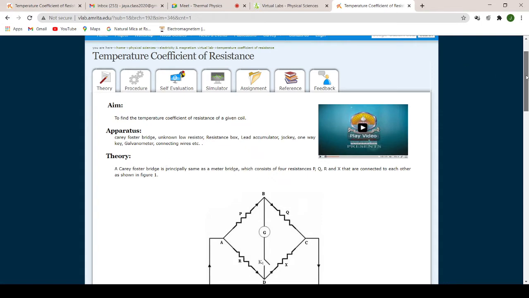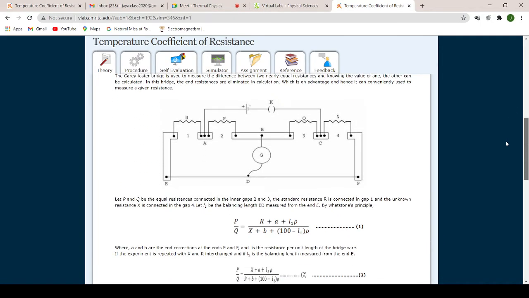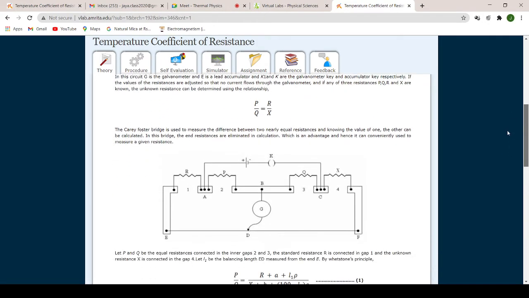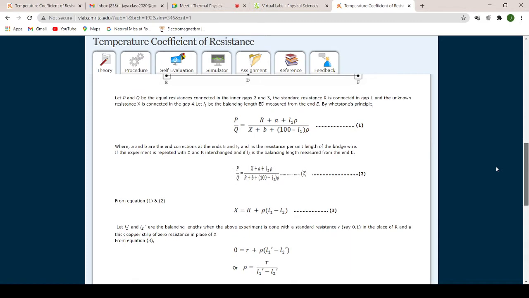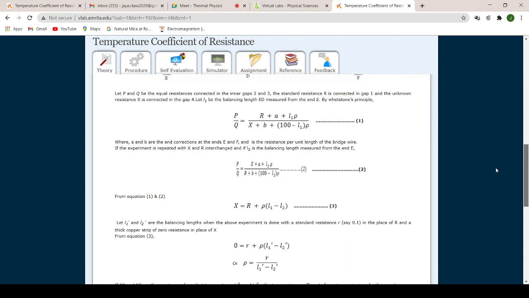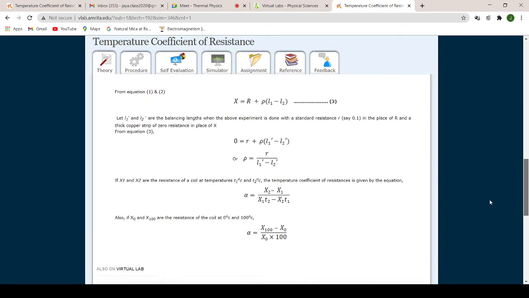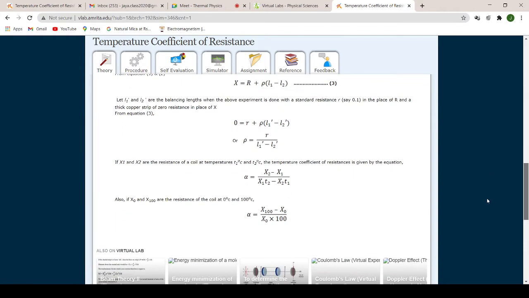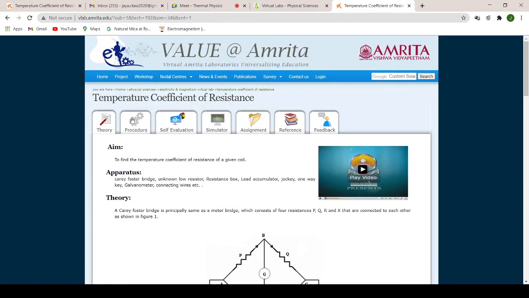Let us see. So apparatus is given, theory, everything is given. That is how you use a Carey-Foster bridge to make the connections of a Wheatstone bridge. Okay, so the connections are also given to you, and the formula is also given to you. That is, when you do the procedure, you directly have to substitute everything in the formula. So how do you actually do it? How you get the formula is all given to you here. So you can go through this. I think you would have come across these formulae in your intermediate also, right? So these are the formulae that we will be using. Please go through this.